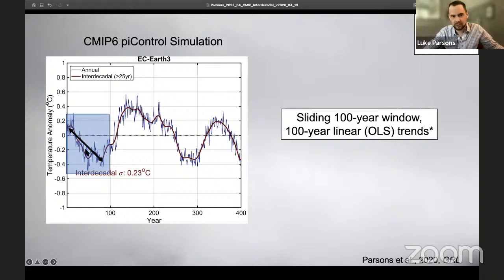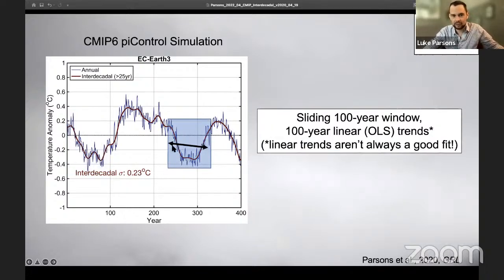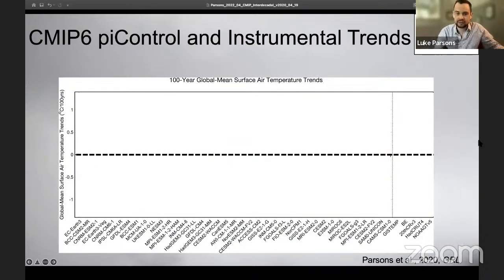series. And you'll notice it's actually a pretty good fit here. But if I go out to a 100-year window here, it's not always a really good fit. This is just one metric we're using here. I'm going to be showing you a series of violin plots here. They're basically histograms or distributions like box plots. And I'll be showing you some from the control runs from the climate models, and then to the right of this dashed line from the instrumental data from 1880 to the present.